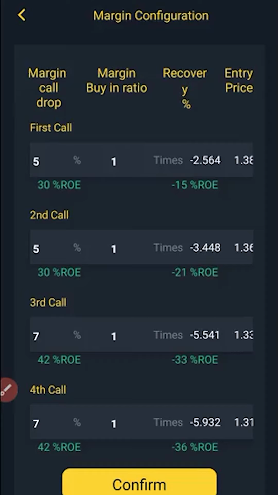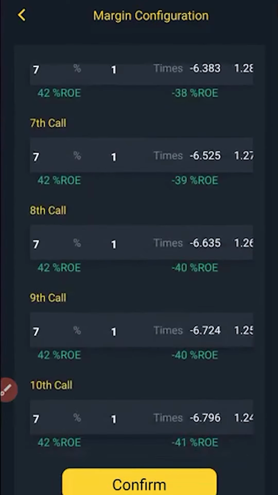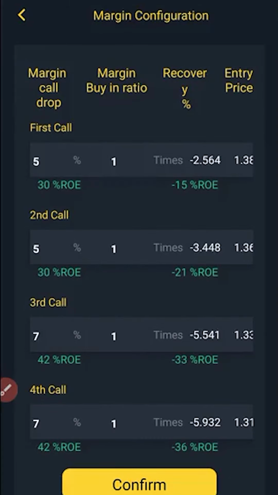Now, it still didn't go in your favor. Market still goes against you and move to 30% ROE again. Then second margin call will trigger. It will reduce it to 21% ROE. This system analysis will continue to run. So all 10 margin calls have been triggered. If you want to reduce your margin call totally or your floating loss totally as well, you can do so